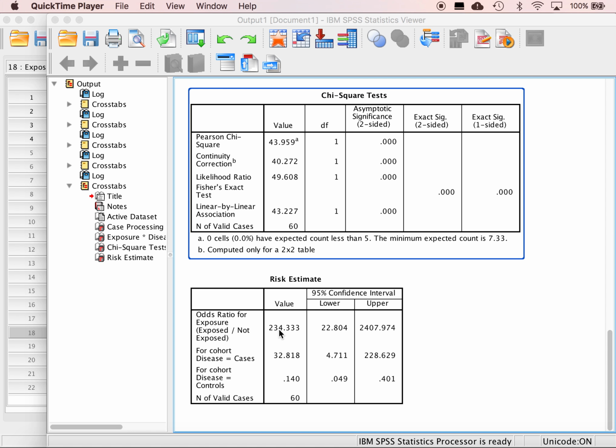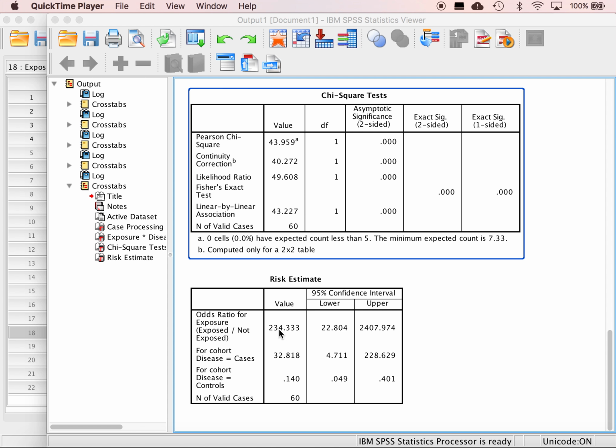So we really don't see any difference in exposure between the two different groups. If the numerator and the denominator of a fraction are the same, then that fraction will equal 1. And so when an odds ratio equals 1, that really is the null value of our odds ratio. In other words, that means that there's nothing interesting, there's nothing to see here, there's no relationship,